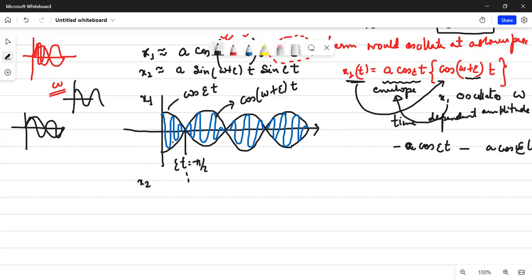Okay, so try to make this graph on your own, and we'll take it either today or tomorrow. We'll take it tomorrow only. So if I make this graph here, let's start it from here. Here it will be